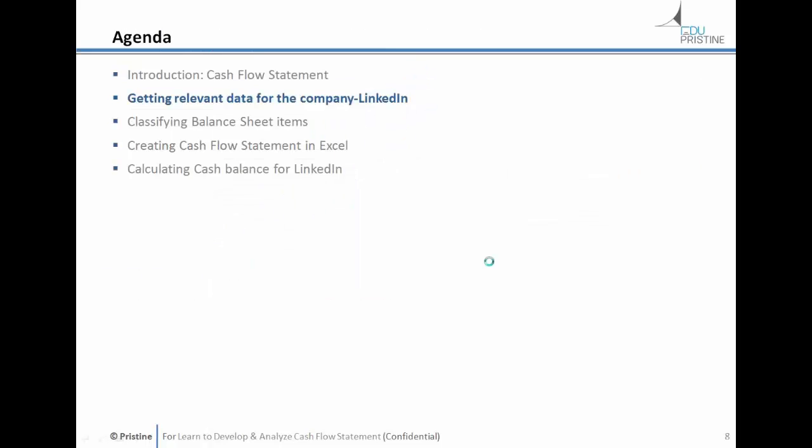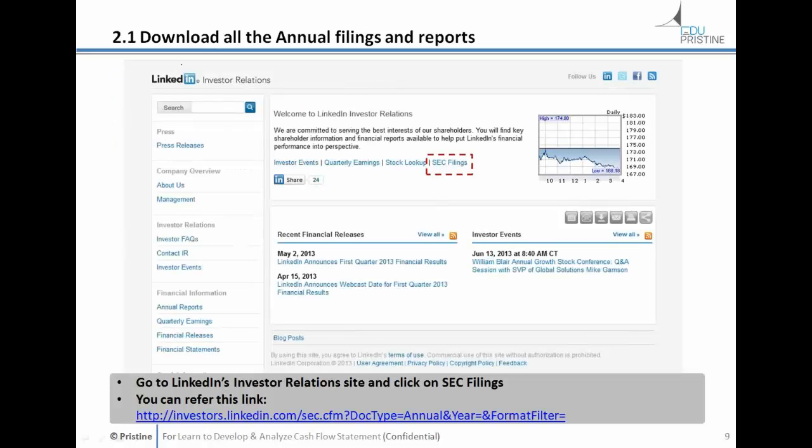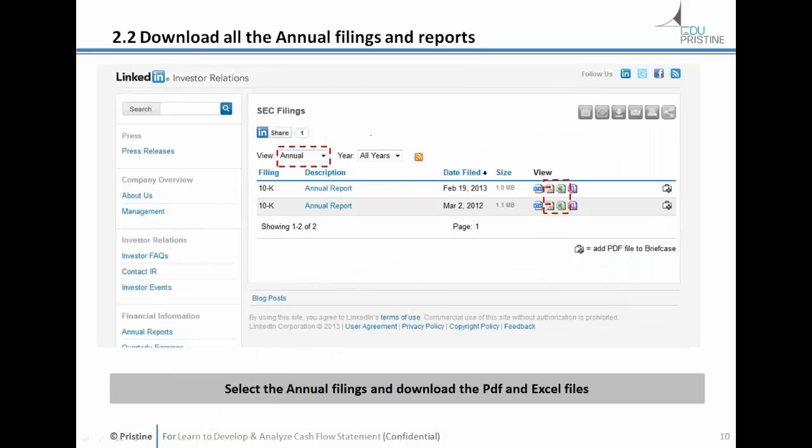So step 1, get the relevant data. You go to the LinkedIn website, you click on the link called Investor Relations. Every company has to report their annual financial statements to the SEC in the US. So you go to the SEC filing link, you click on that, and what you see is